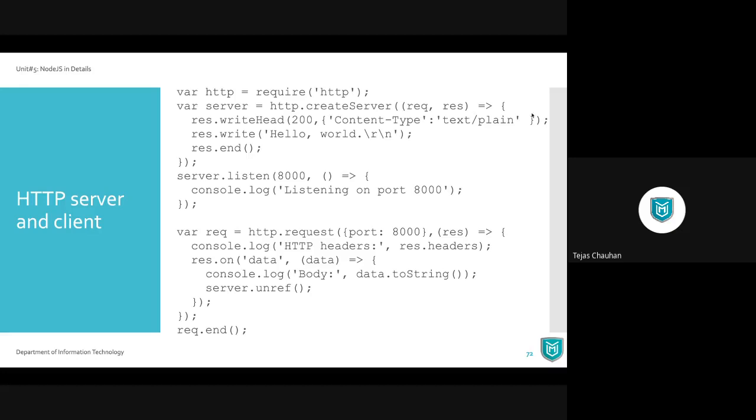In this callback, what you can do is you can prepare your response, whatever response you want to send. Okay. So you need to write head, then you need to write some data in your response and you end your response. So this is going to send that response back to the client. Whatever response you send from this place, okay, it is going to send to the client. So client will have that response. In your browser, you will see the hello world message. So that's how you test your server using browser.